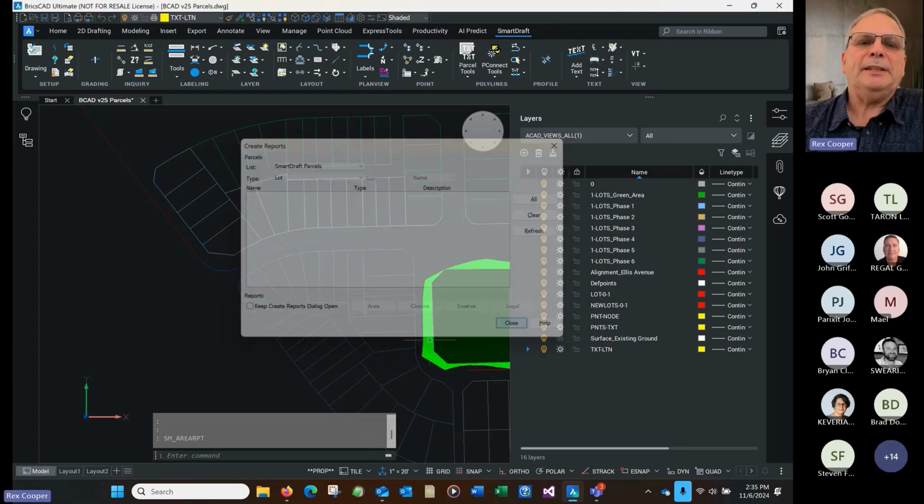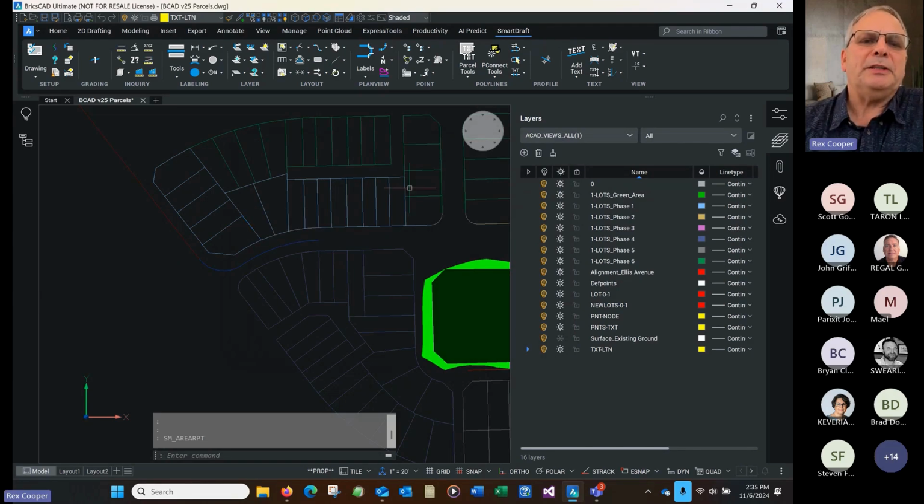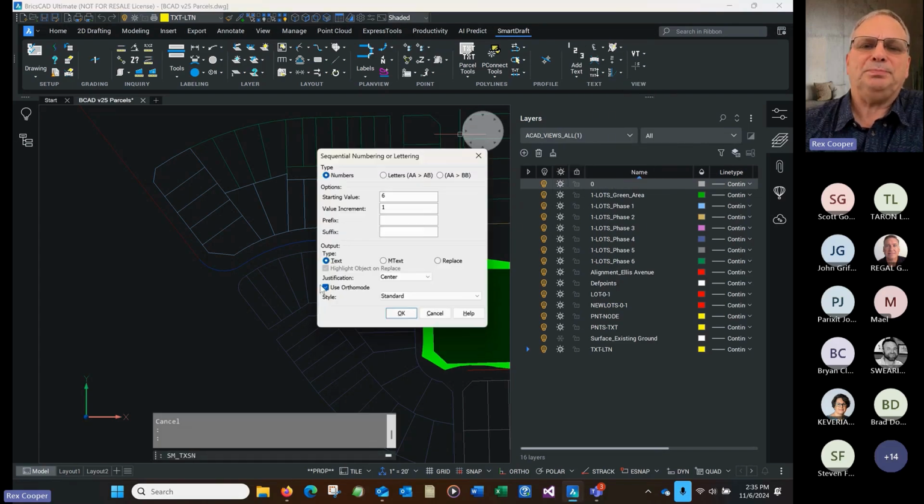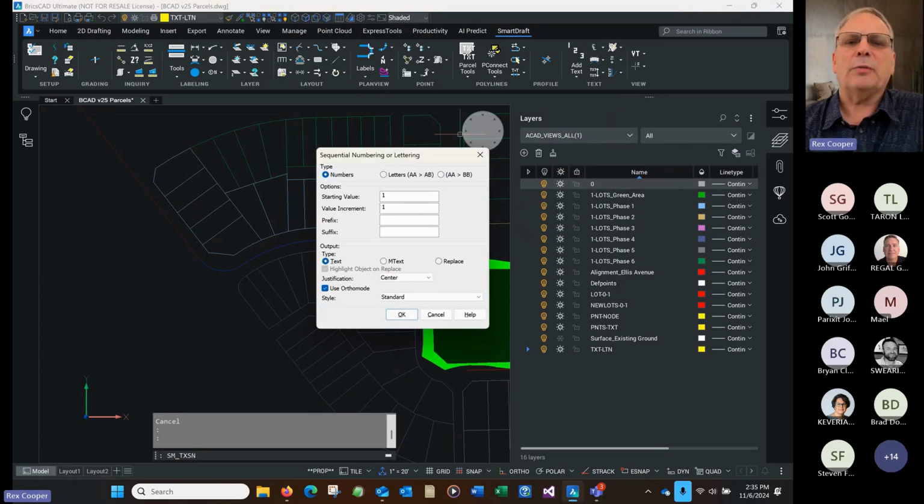But in this particular case, here's how easy it would be to convert these closed drawn areas. They're just lines and arcs and curves and things of that nature in this file. They're not actually closed polylines. There is a cool tool in SmartDraft where you can add sequential numbering to a file. So I'll start with 1,